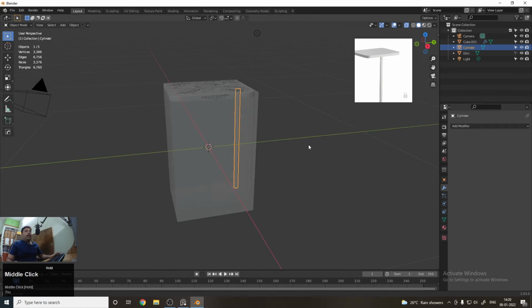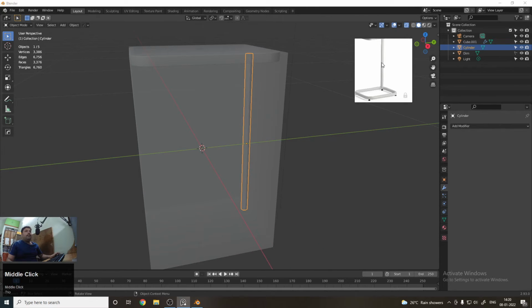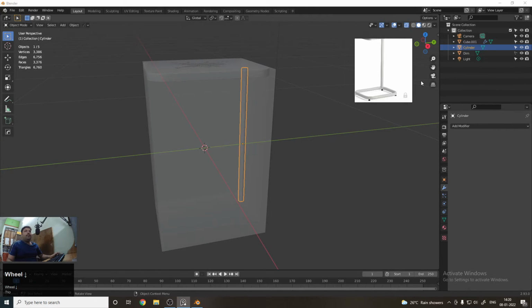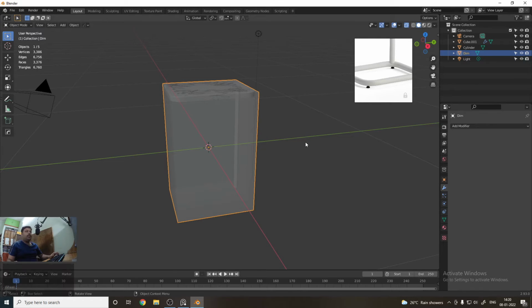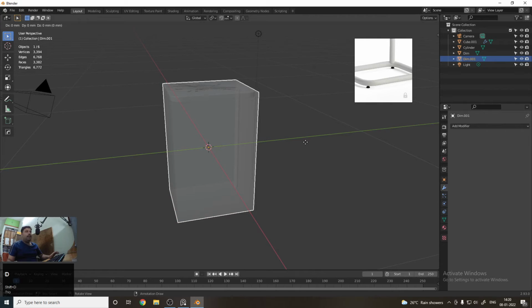So now I have created the cylinder portion. Now let's create the bottom part. To create the bottom part cylinder, we can use a cube again, or we can duplicate this dimension cube. Just select that dimension cube, and to duplicate you can use Shift D and click again.